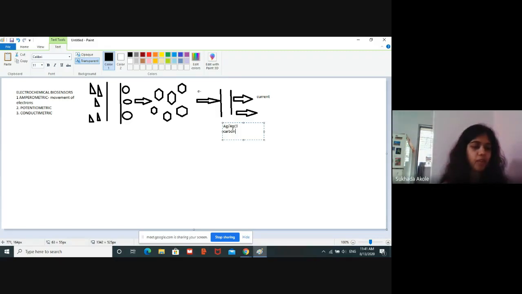Now, the enzyme used here is glucose oxidase and a derivative of ferrocene as a mediator. So I have a mediator, I have my enzyme, which is glucose oxidase, and I have an electrode system where I have AgAgCl and carbon electrodes. These electrodes here are covered with a hydrophilic mesh for the even spreading of the blood.